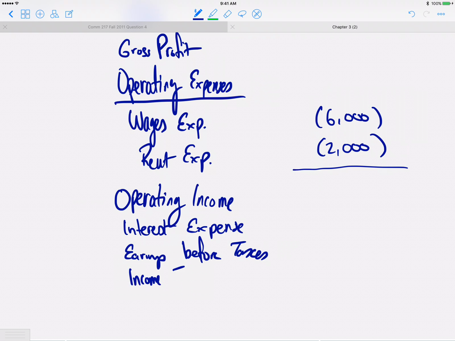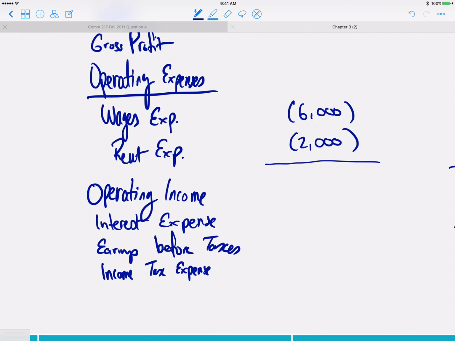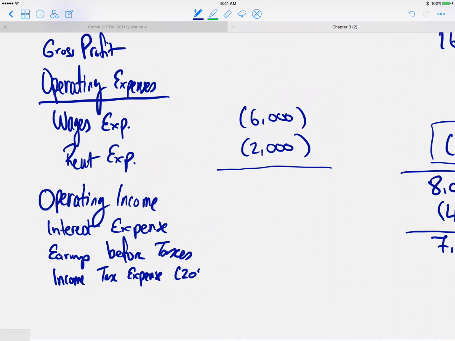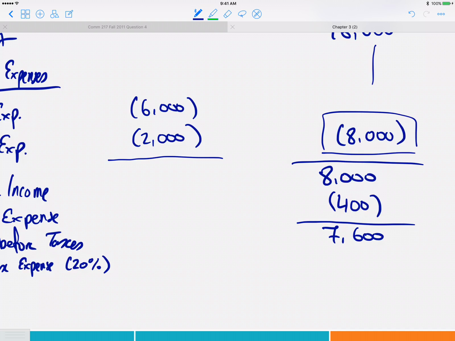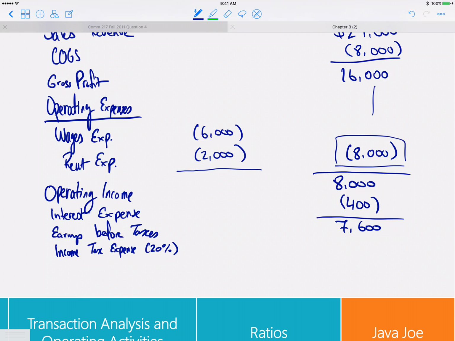So we're going to put income tax expense, and we're going to say that our income tax expense is 20%. So 20% times 7,600. So let's take a look here, right? So we have 7,600 times 0.2 gives us 1,520. So our income tax expense for the period is $1,520, and this gives us our net